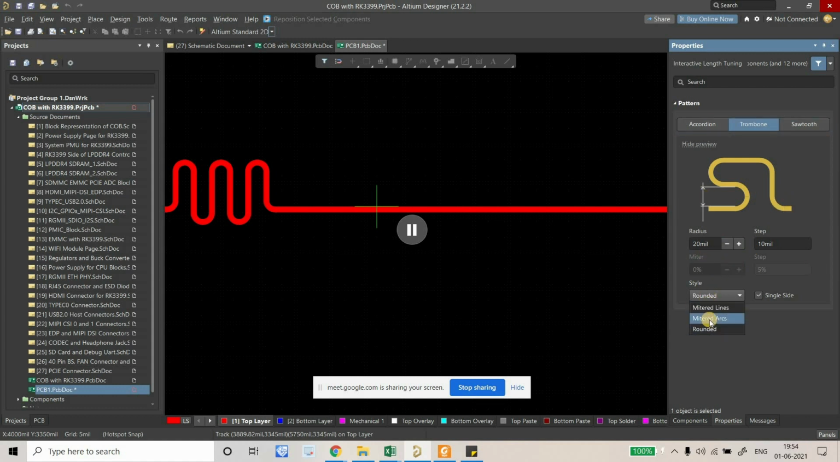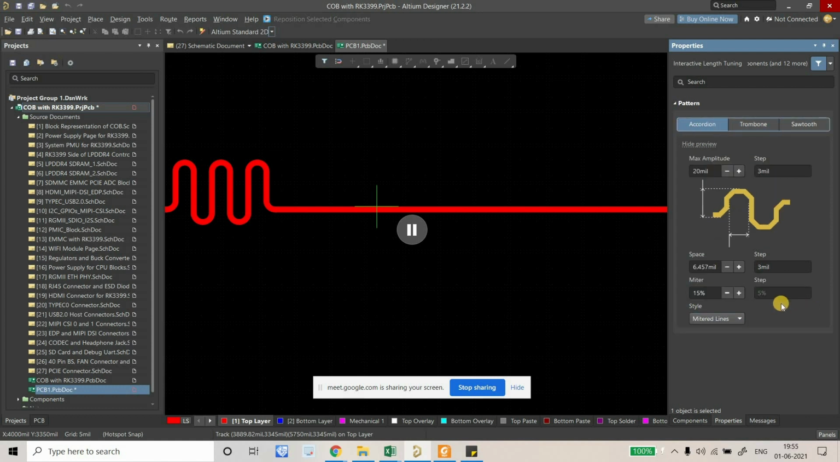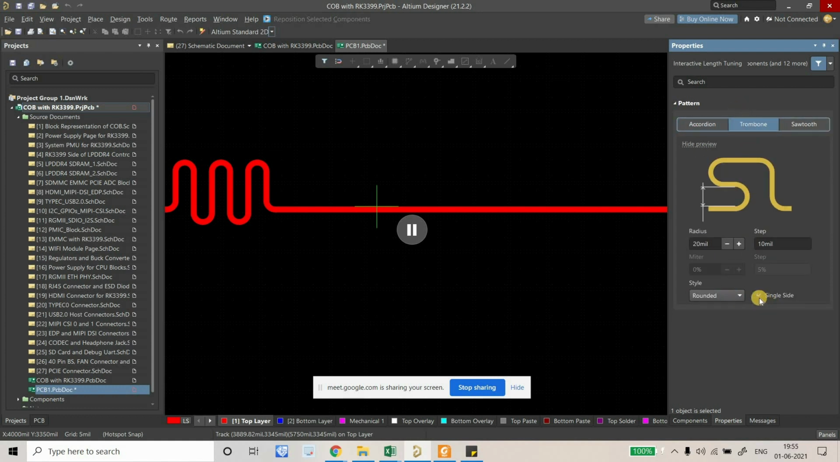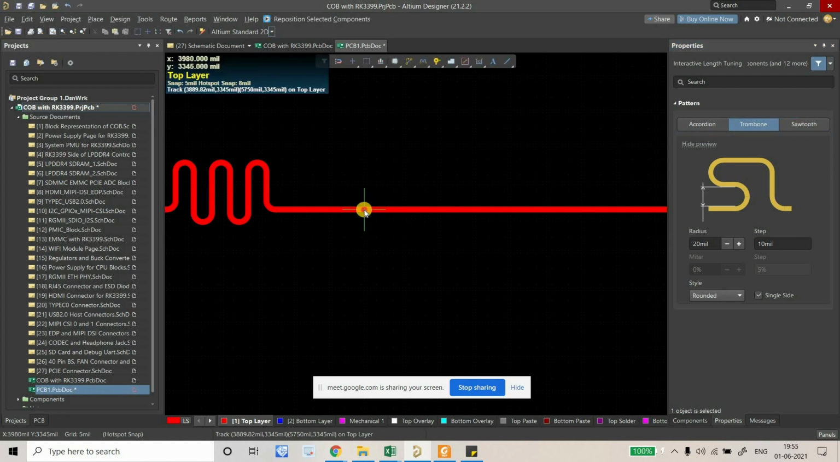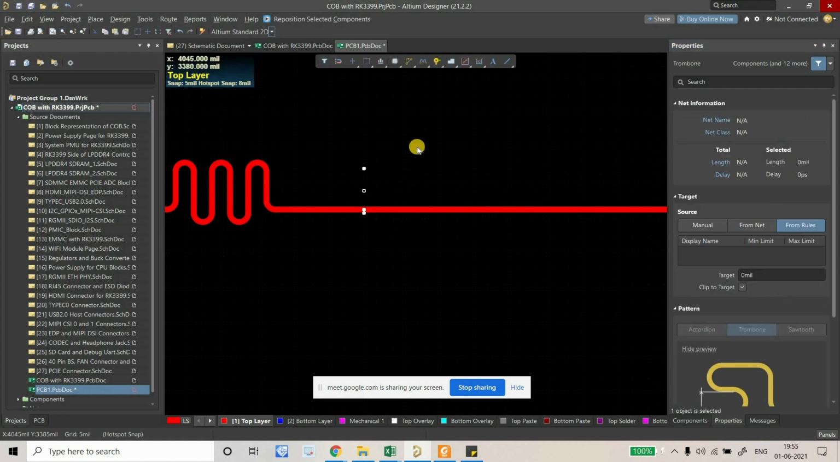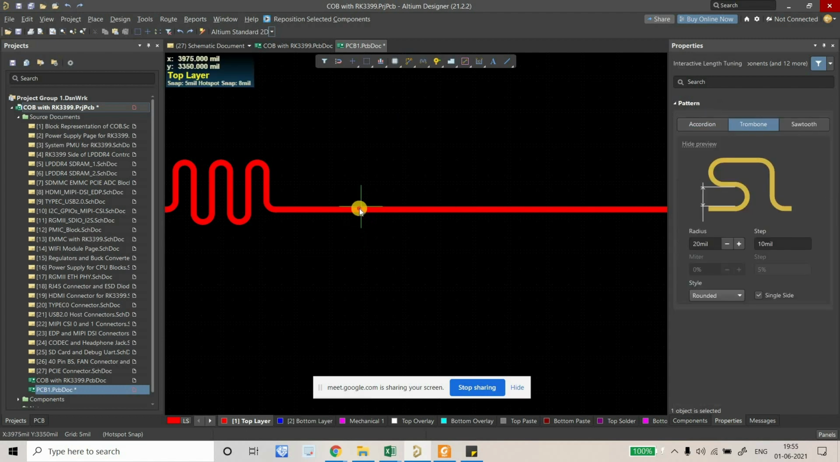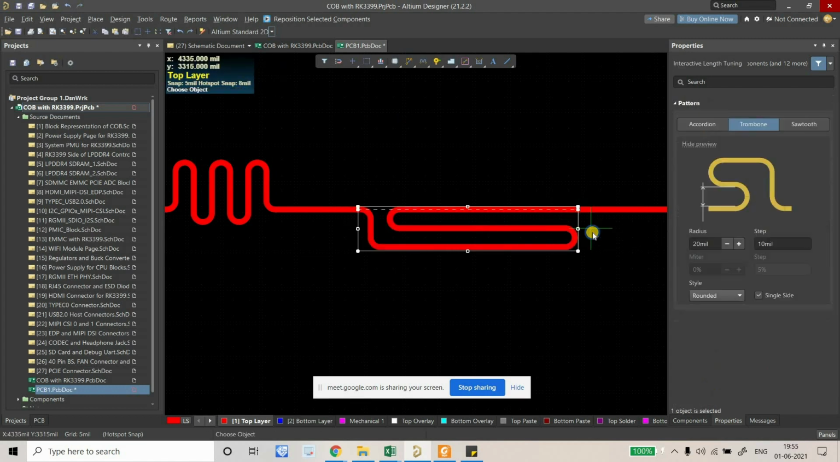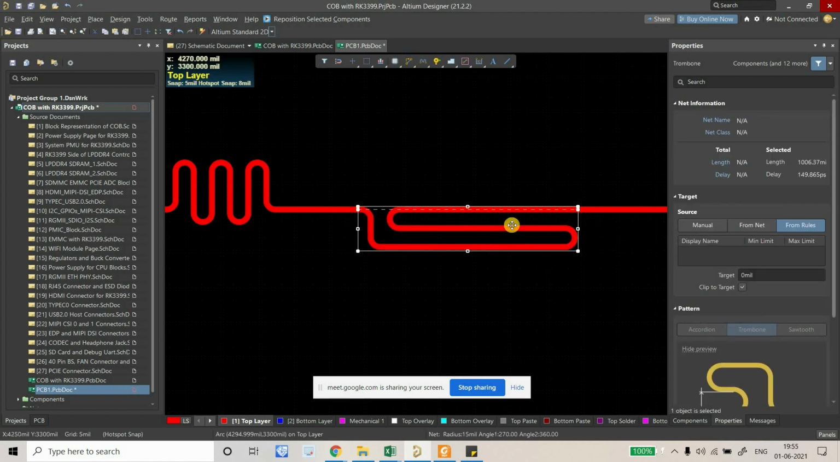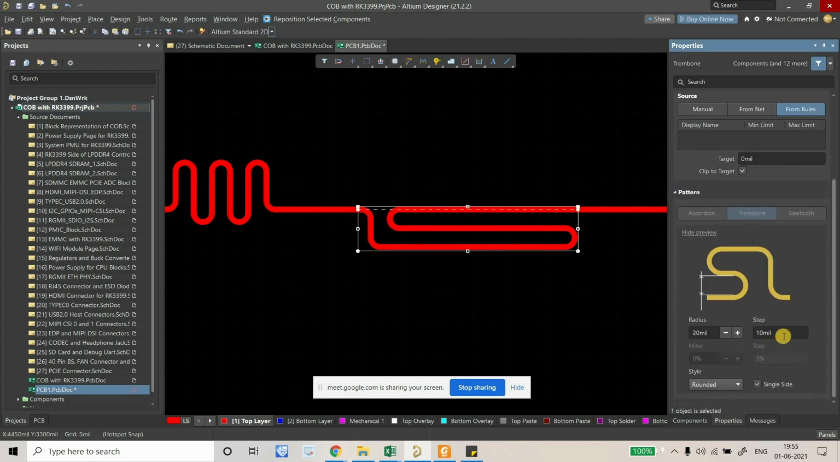And from here you can also switch between mitered and rounded. Okay, you'll get one more option, that is single side. I guess it's not available for accordion, but that means this will be on a single side, or this can be on both sides as well. Let me demonstrate that as well. Okay, hold on. You just have to click and drag, like this. Right now it is selected as single sided. If I double click on this one,